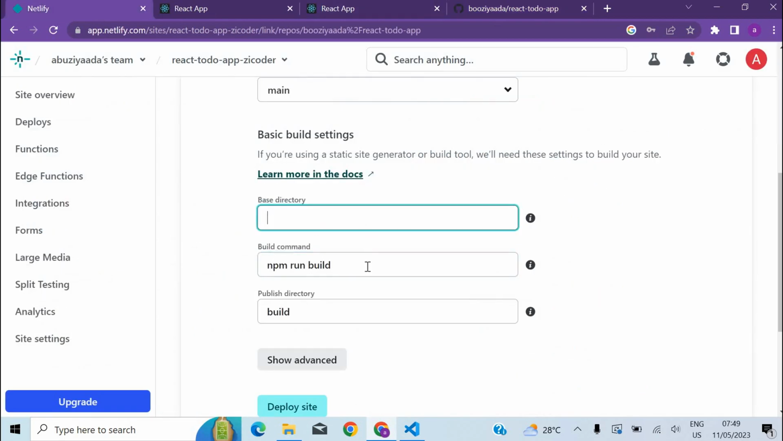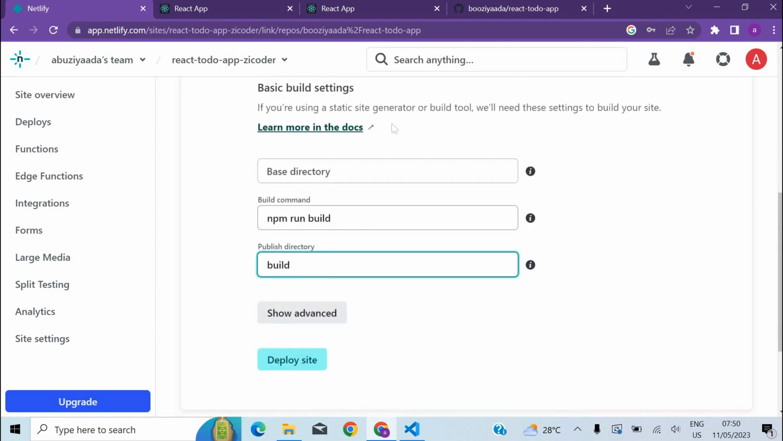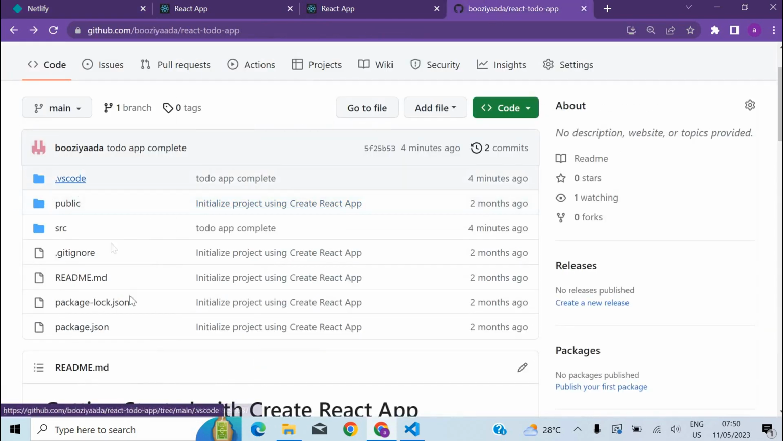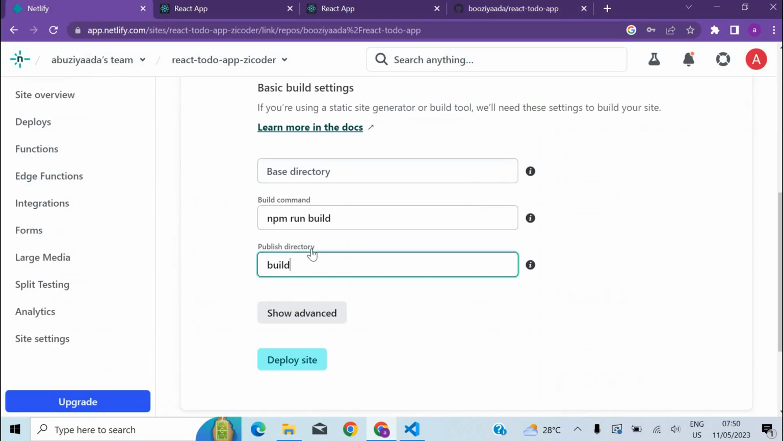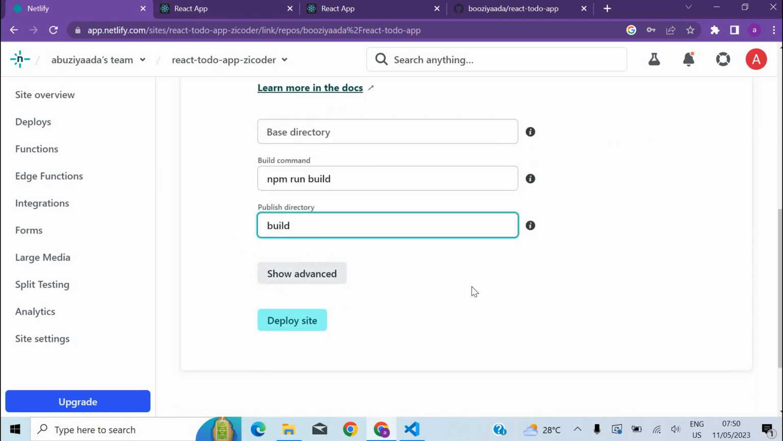So once you have told Netlify which command to run and where to look for the output, Netlify is going to download our code from GitHub, and it's going to run this command in its server. Okay, in Netlify's server, it's going to run this command, take the output from the build directory, and deploy it for us. And it's going to give us the link. So this is what's happening behind the hood. Okay, so if I click on deploy site now,